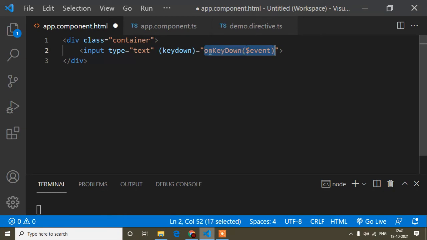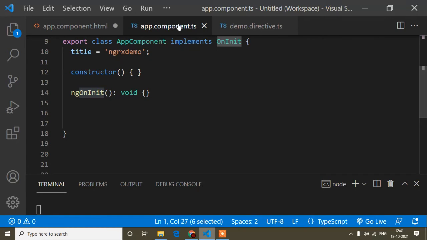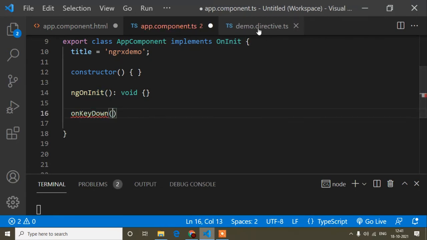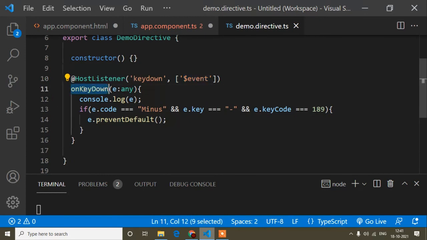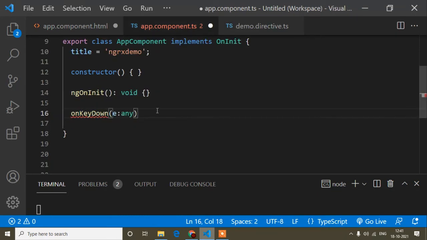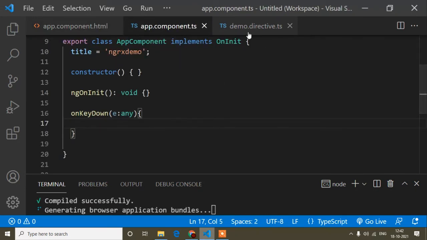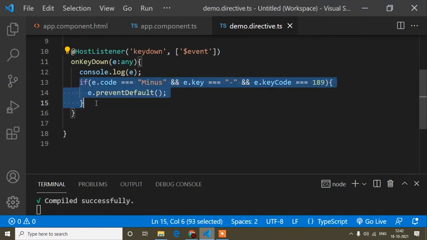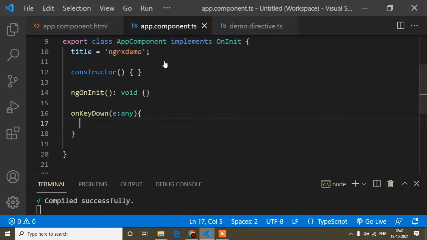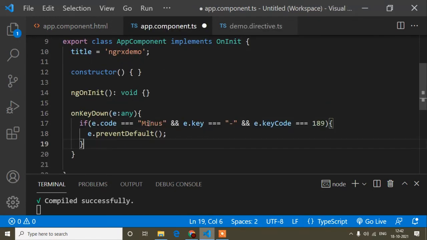Okay, so now I will copy this method name and just in the ts file paste this one, and when I was writing the method name you can see, at that time I passed an e. Okay, so the same thing here I will do, like this. Okay, so save, and now the same code I will copy from here, and just here I can press.